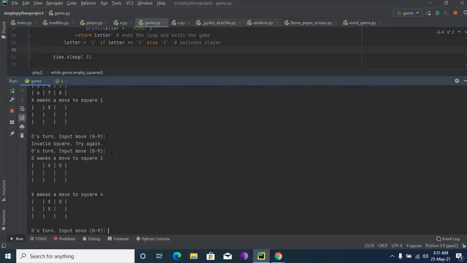Then make another move. Then I'm entering 7.